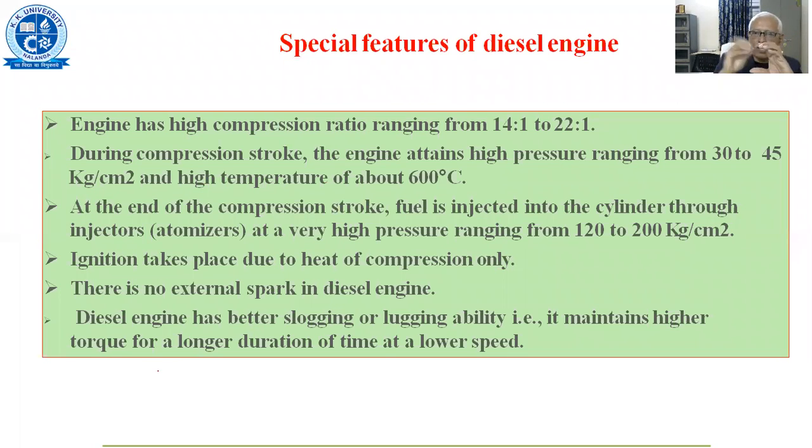Inside there is a fuel injector. Before that, we have a fuel pump, which gets its drive from the crankshaft itself through a mechanism. The compression inside is 22 atmospheres, that is, 30 to 45 kg per square centimeter. To inject fuel against that pressure, what pressure is needed? It is definitely much higher, anything between 3 to 5 times higher, so that the fuel can comfortably penetrate the compressed air inside the engine cylinder. It is like an opposing force inside the cylinder. Already it has about 30 to 45 kg per square centimeter of pressure, so that becomes almost like a solid wall for normal entry. Unless we inject at close to 4 to 5 times higher pressure,